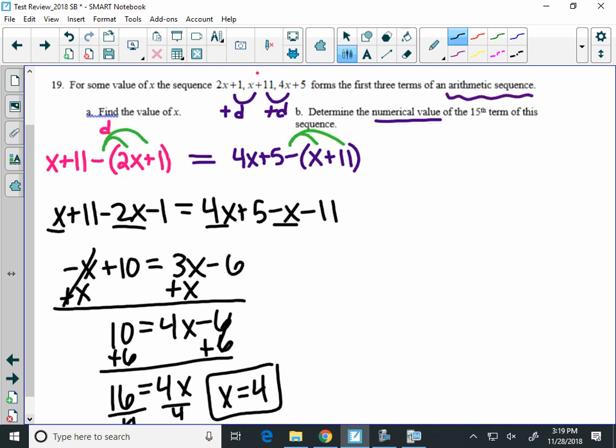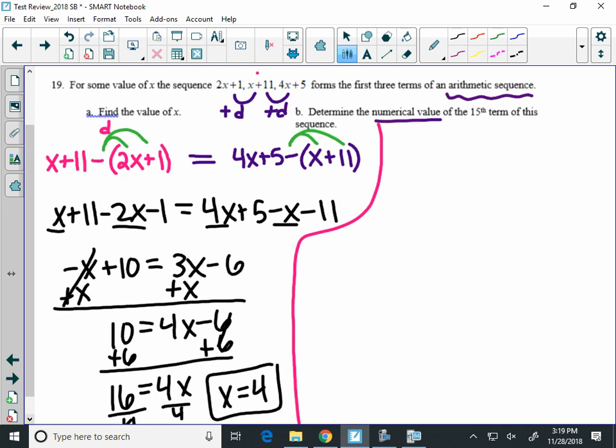So again, to recap what we did, I know that the common difference is the number that you're adding or subtracting between terms. So it's the same between any two pairs of consecutive numbers. So I set up a little equation that said the first two numbers' subtraction gives me the common difference, which is equal to the same difference of the next two numbers. Solved that for x and got 4, which was what they were looking for. So now it asks me to find the value. What number is the